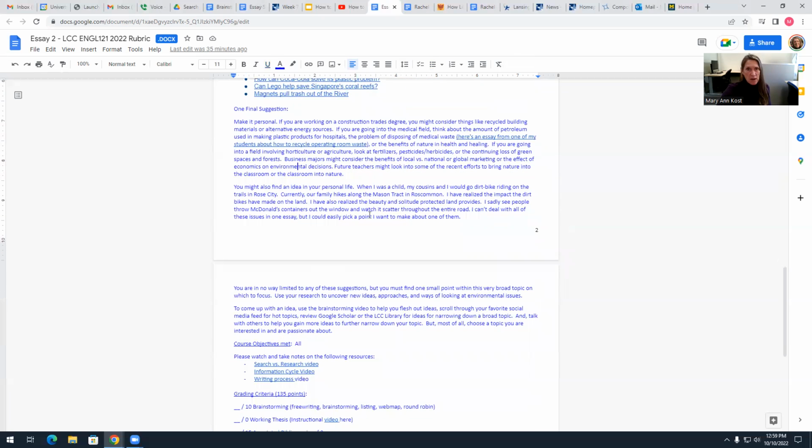I used to dirt bike ride when I was younger, and I think about how we tore up the trails and they got bigger and bigger. I'm wondering what kind of destruction that actually caused. Yes, it's not as aesthetic anymore in the forests in Rove City, but is it really that detrimental? And actually it is.